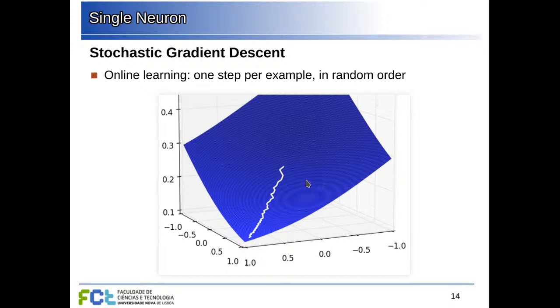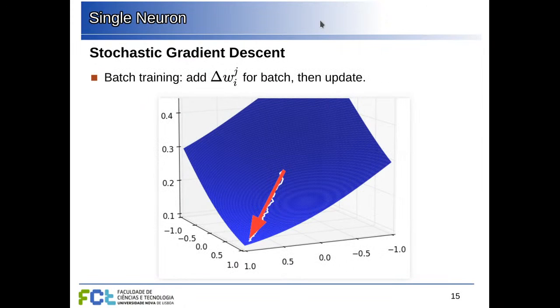So this would be online training. We give one example, we update the weights, we give another example, we update the weights, and so on, and we find how to go down this surface until we find the point, the combination of weights that minimize the error. Another way of doing this is to use batch training. We give several examples, so we are at this point, we give several examples and we add all their contributions, and then update the weights in one batch and take a larger jump. So usually this is what is done for training deep neural networks, because it's more efficient, especially with parallel computing, with